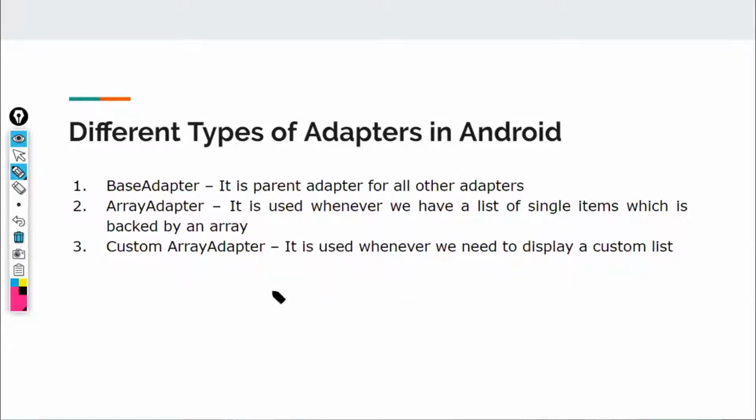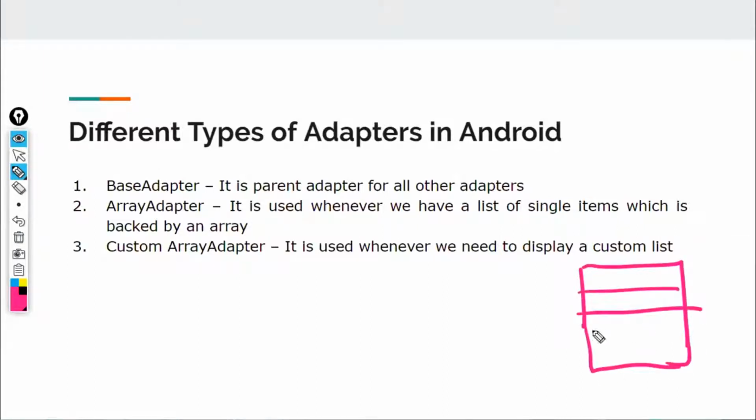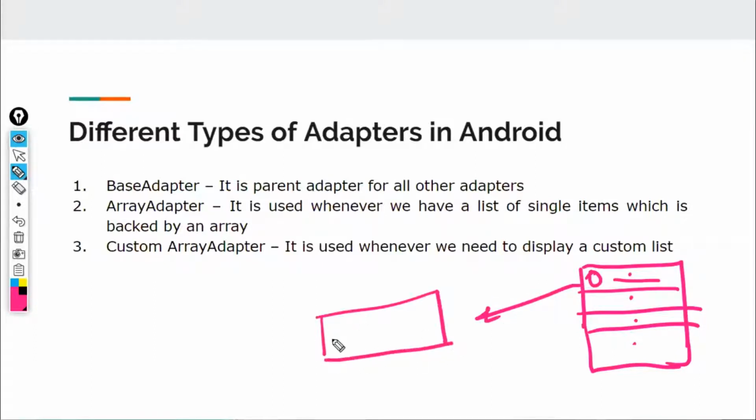Now, I said that the basic implementation of a list view is nothing but a collection of text views. Like multiple text views will be given over here. But what if you want to display images also? As you have seen in the contacts app, you might be aware that inside the contacts app, they are also showing the images and the names of people. So in such a scenario, you won't be able to just work with a single text view. Then what do you think, guys? If I just talk about a simple UI component of it, what all things will I be requiring in it?